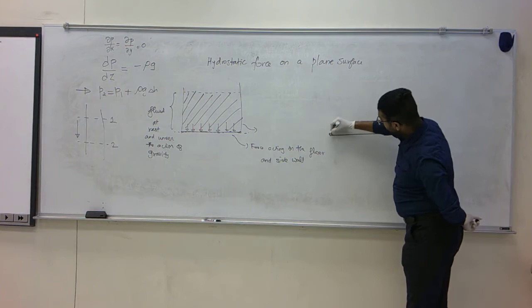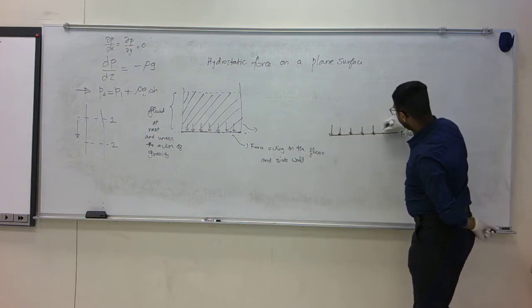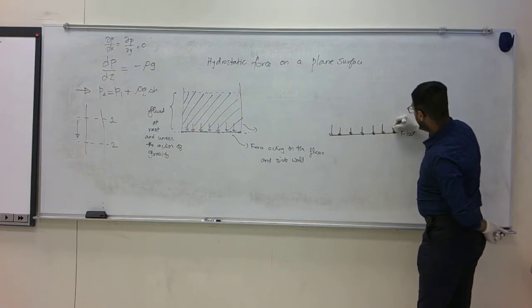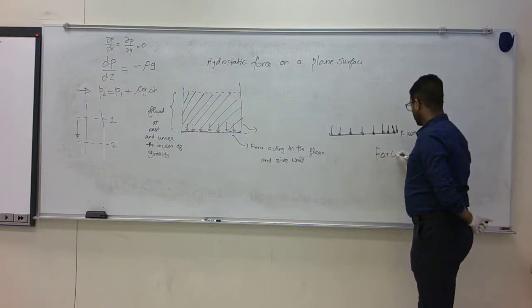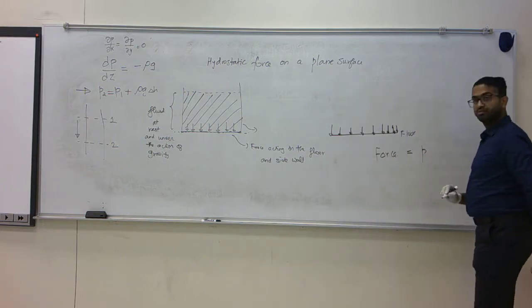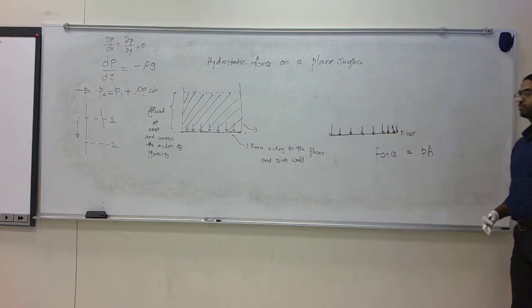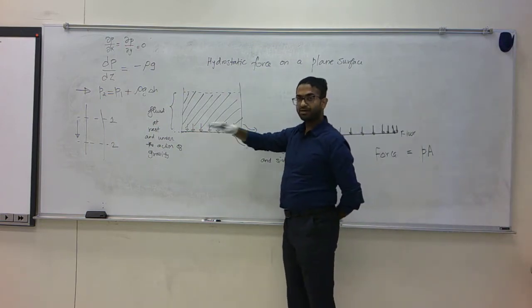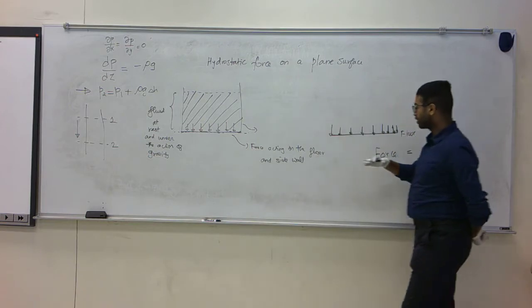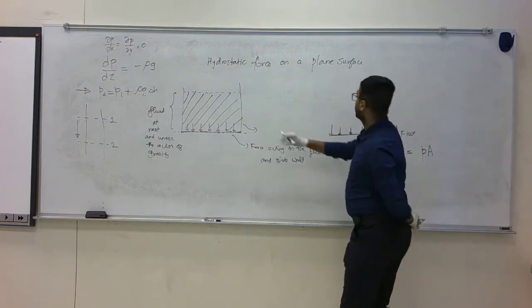Okay, so what you have here in the bottom is that the pressure variation on the floor is like a uniformly distributed load. If you have taken statics and mechanics of materials, you do know what I am saying, which is that it's a uniformly distributed load, and the force on the floor would be the pressure multiplied by the area of the floor. That would be P times A. That's simple enough. If your floor is simply horizontal, the force is pressure times area. Now what about the side wall?